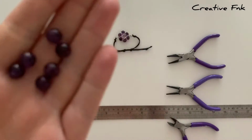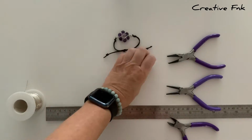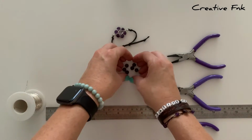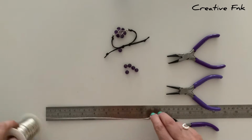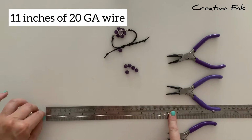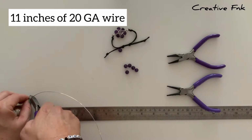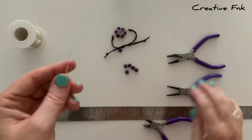For this design here we're using 6 8mm beads, so I'm using amethyst today. And we are using the 20 gauge dead soft silver wire. So the first length we need is 11 inches of the 20 gauge wire, so I just measure and cut that to length. Then we can start to make our first bail for the wire wrap, which goes on one